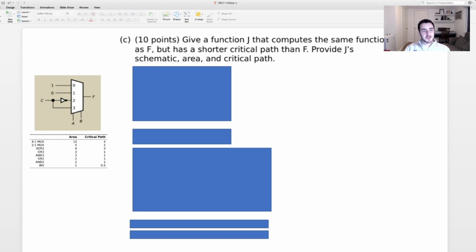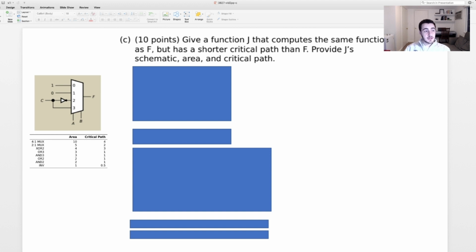The third part of the question asks us to give a function j that computes the same function as f, but has a shorter critical path than f, and it asks for j's schematic, area, and critical path. So our immediate thought here should be that f is not optimized in some way, and what tool do we have in our toolkits for optimizing circuits? Hopefully what comes to mind is